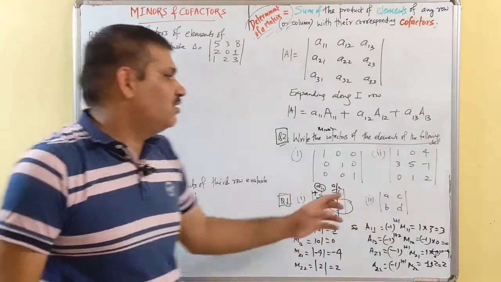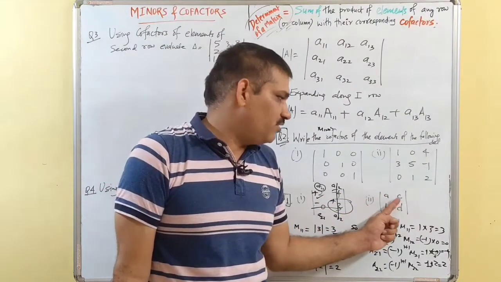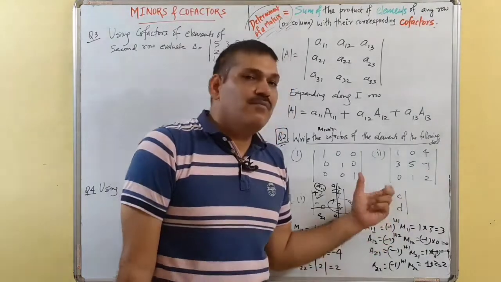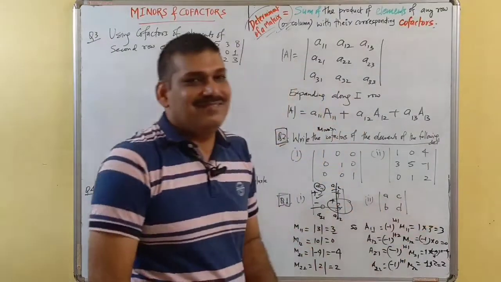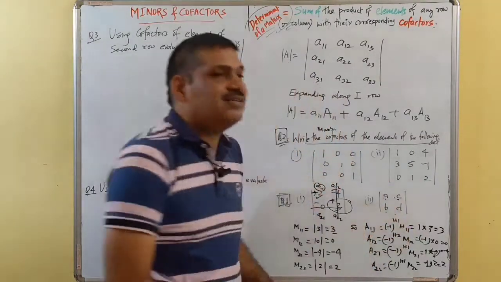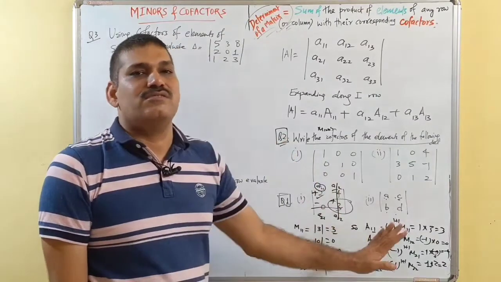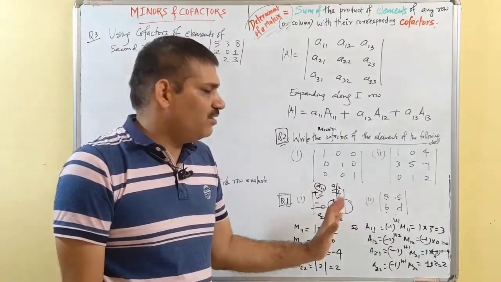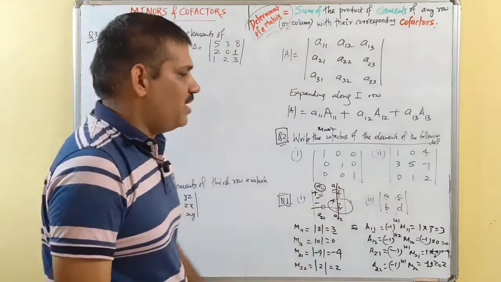Similarly here, the minor of this element will be simply D. The minor of this element will be B. Minor of this element will be C. Minor of this will be A. But what is special here? Actually, we have a habit of writing A, B, C, D. It is not like that A, B. Actually, A, B, C, D. That is the most important thing. If you are missing a single thing, if you do not observe the question carefully, you will be doing it wrong. So be careful. Try to do all the exercises so that we can understand the concept better.